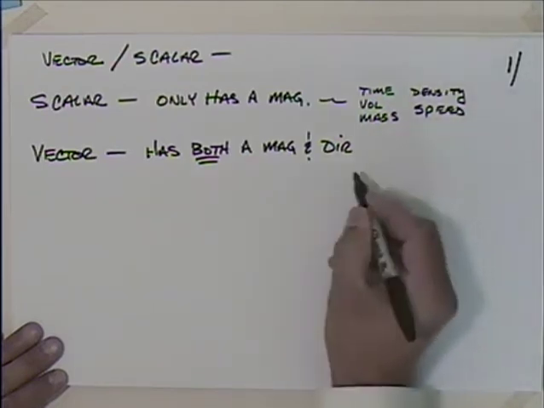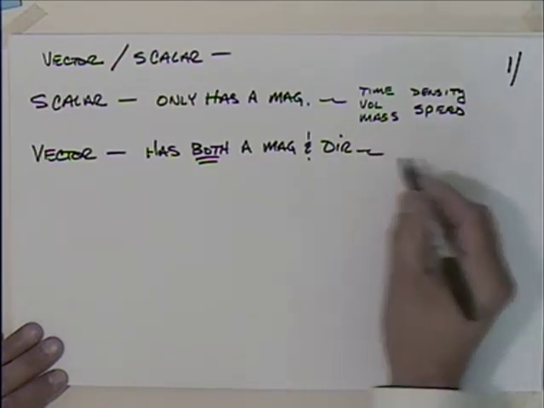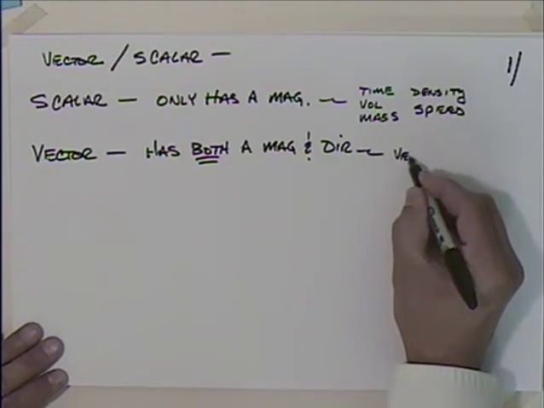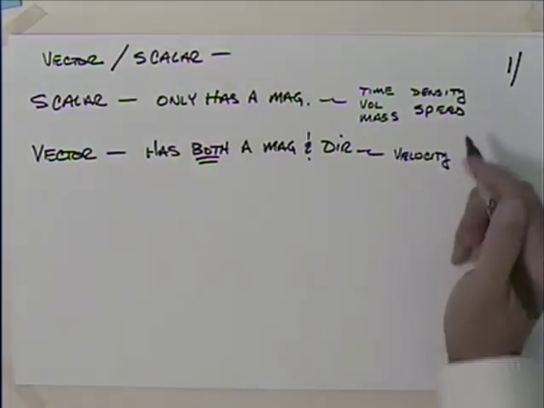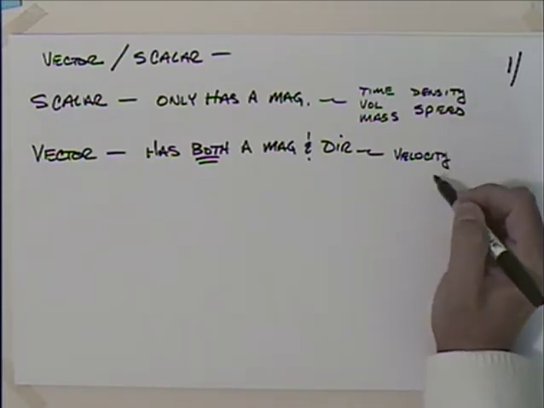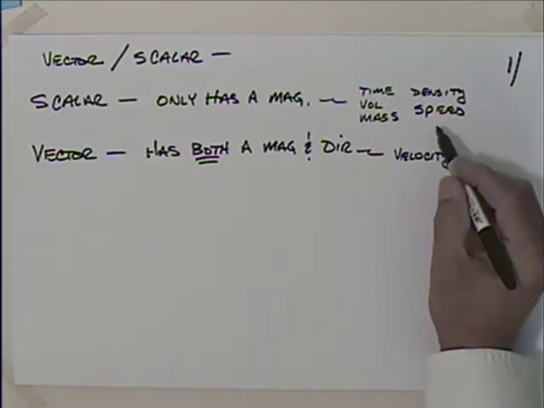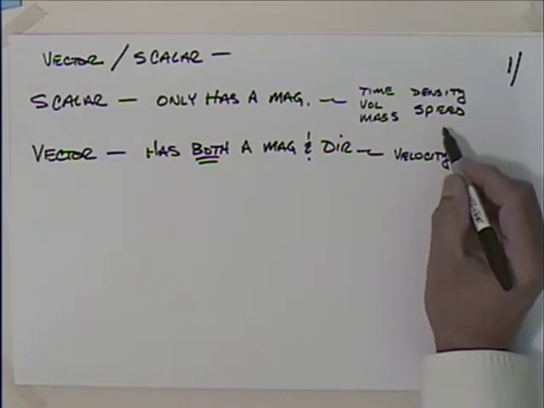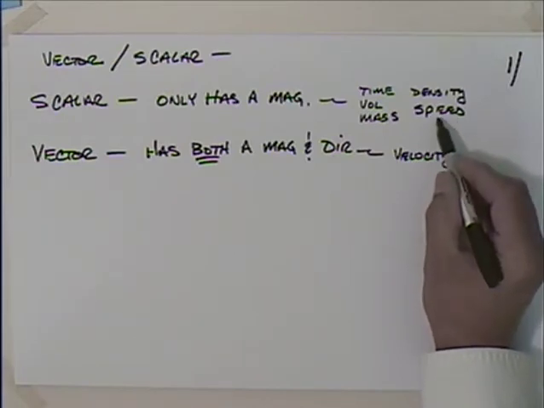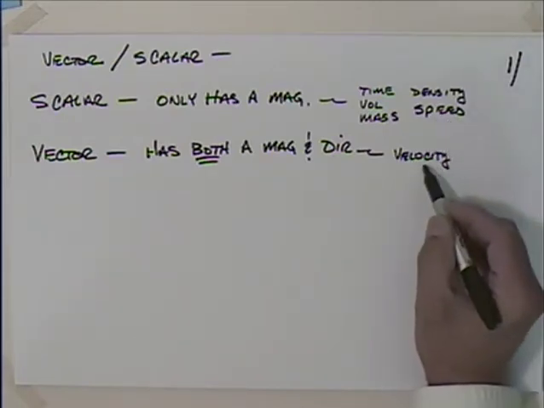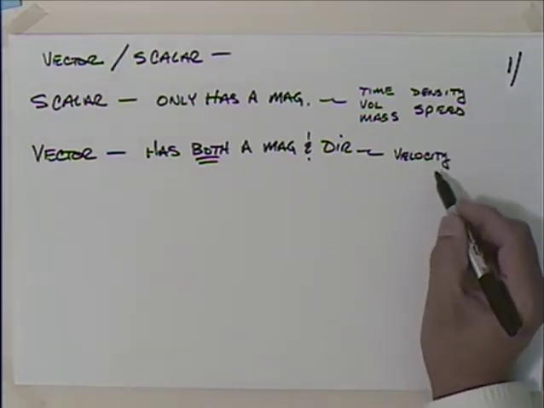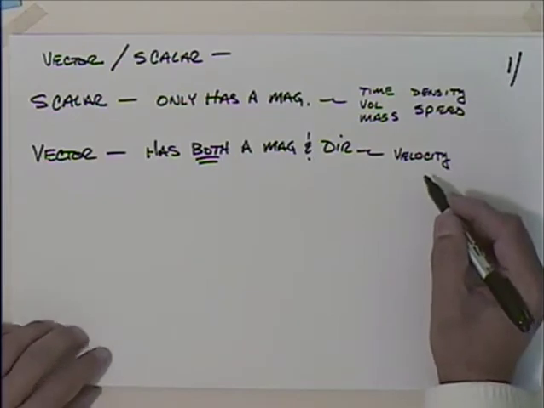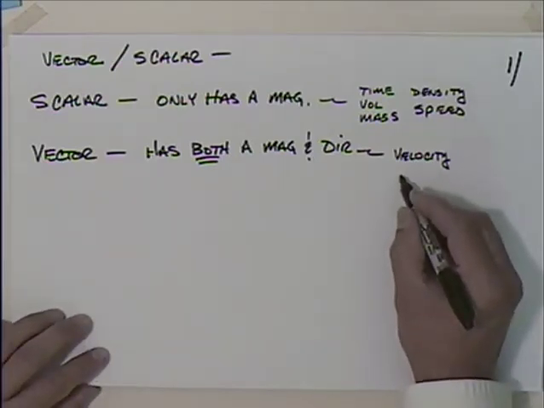Speed is a little bit confusing because if I look over here at vectors, velocity is a good example of a vector. Speed is really just the magnitude of velocity. Of course, if you're looking at your speedometer, you really have no idea what your direction is. So speed is a scalar, only has a magnitude, whereas velocity has a magnitude, that being speed, and it also has a direction. Other vectors: distance or displacement,